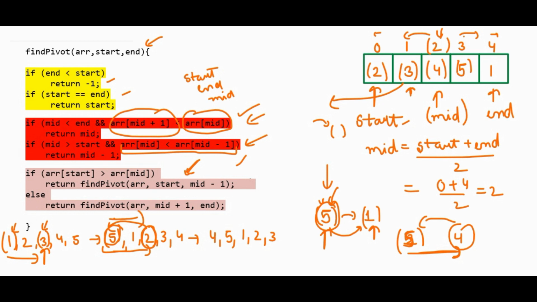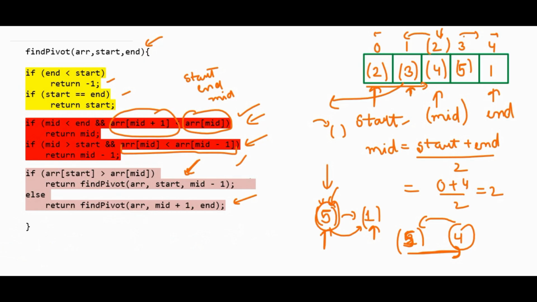So now, as you can see, 4 is greater than 2. So on the left side, everything is increasing, and so we have to go right. Okay, and this is the condition here. Now our if will not work, we have to go to else. Now our array will be same, and we have to call the same function. Our mid plus 1 will be 2 plus 1, which is equal to 3, and our end will be same, which is 4. And we have to call this function again.